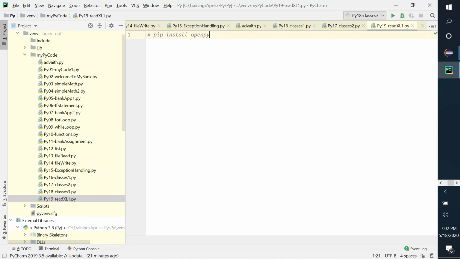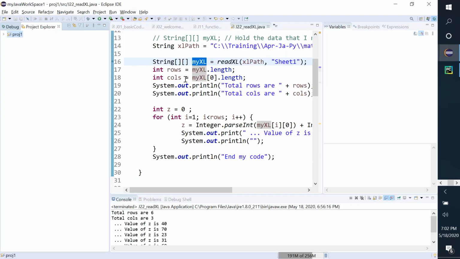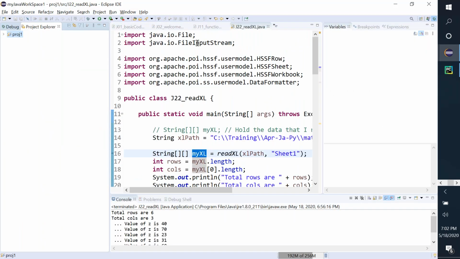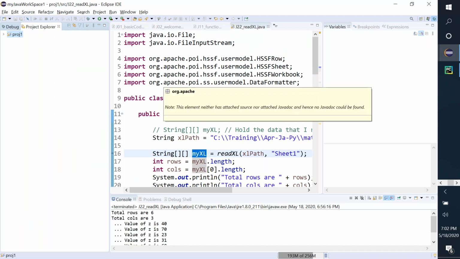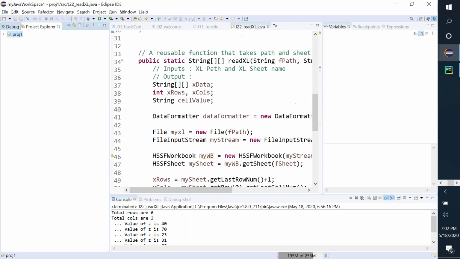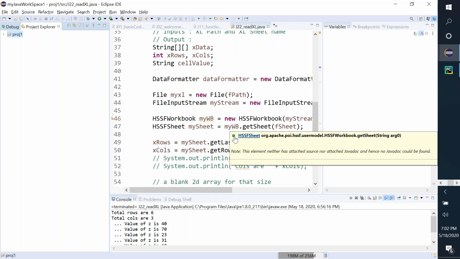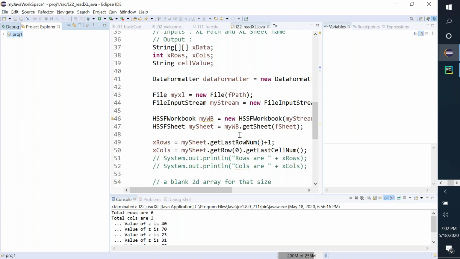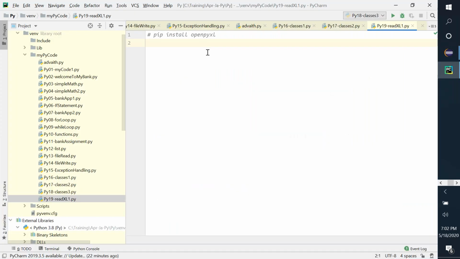Now, what happens is I need to import certain packages exactly like in Java, where I said import file input stream or Apache so and so, because the specific reusable methods, like what does get sheet do, what does get last row num do, are all there in those packages. I have to do similar, but in this case, all I do is use